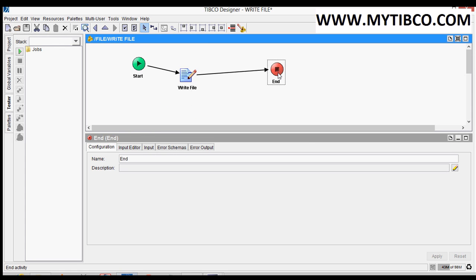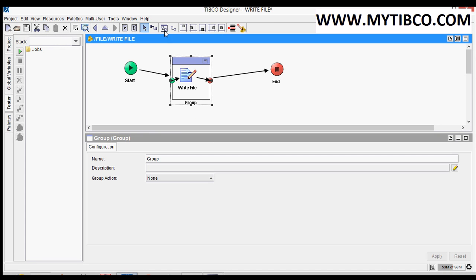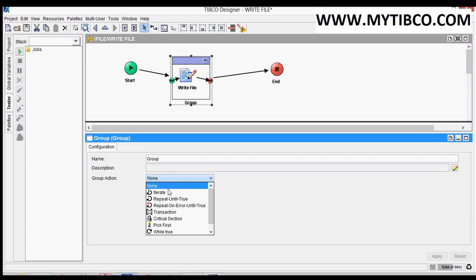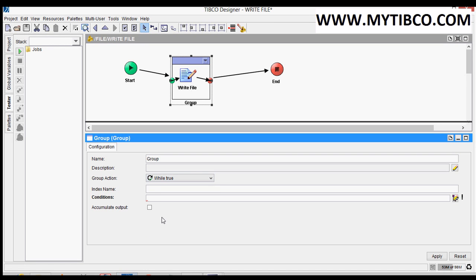Okay, now let's group this write file. Okay, I'm iterating. I'm giving index name as i.